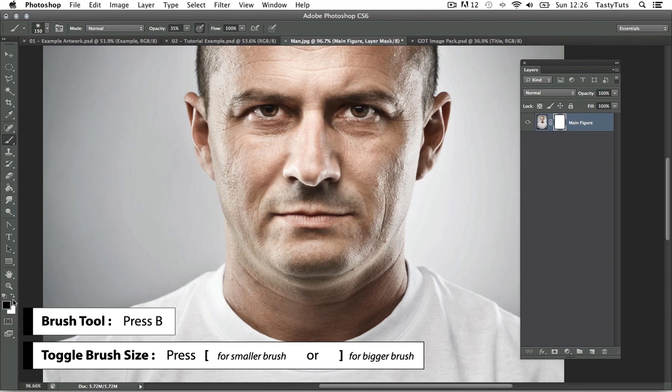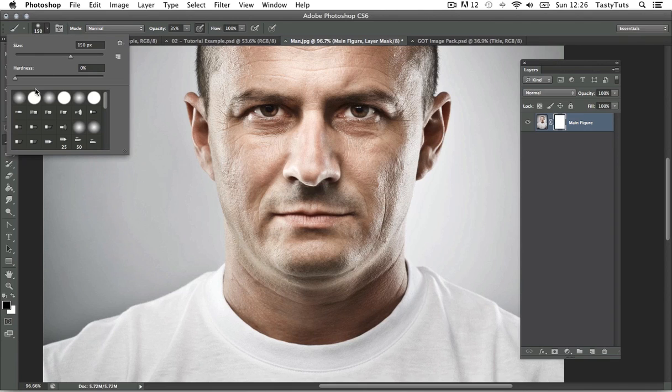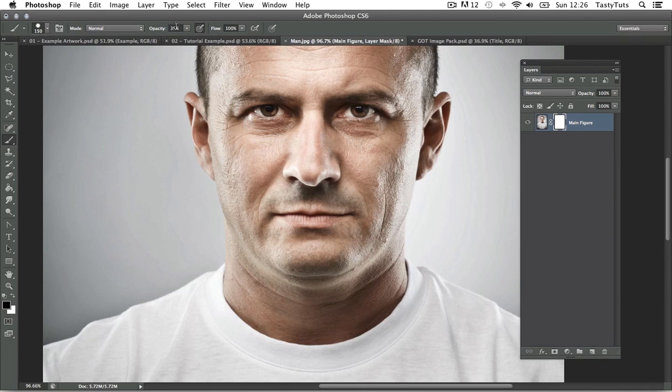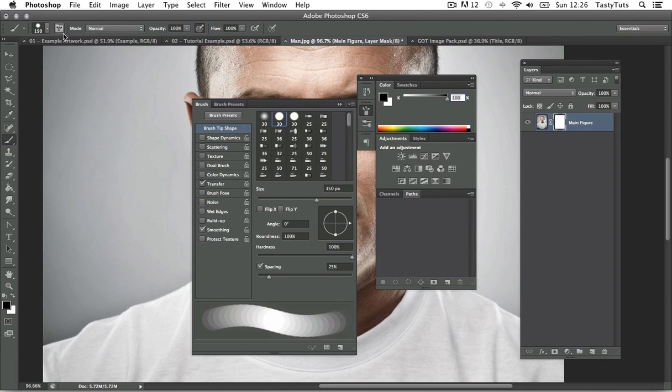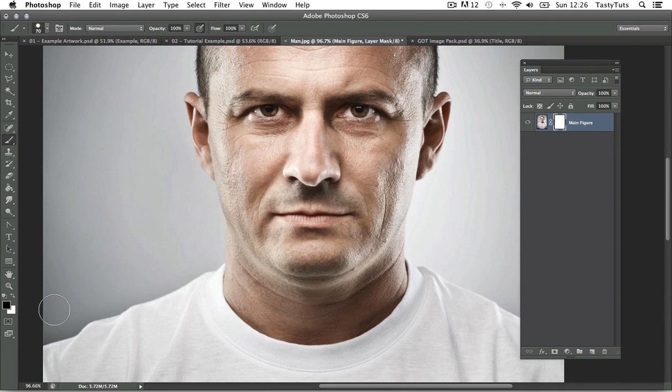Make sure my foreground color is set to black. I'm going to select a solid brush. Make sure my opacity is set to 100% in the control panel here on the top. I'm going to click on the brush panel and make sure my spacing is set to 0. I'm going to toggle my brush size accordingly, and I'm going to start by clicking down on the bottom left